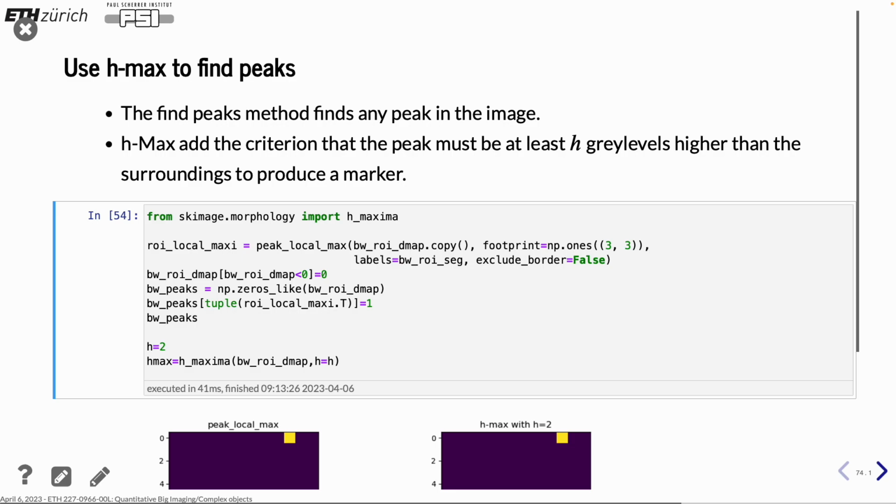By doing that, we can call a function called h maxima. The function of h maxima is saying, please give me all the maxima which have a local height of at least some value. In my example down here,